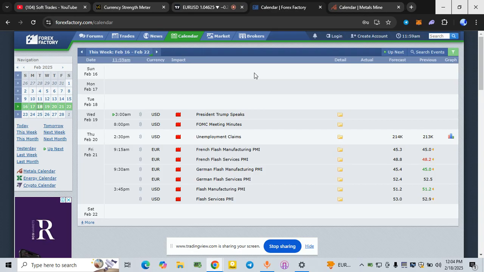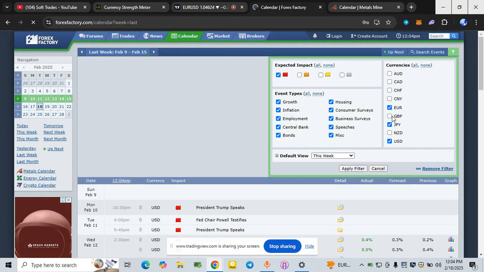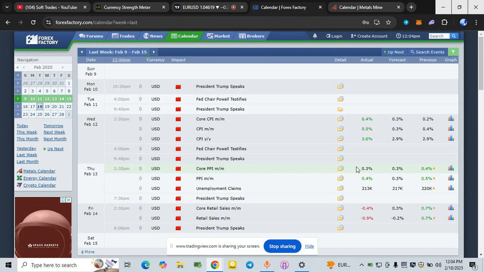You need to know what the fundamentals, especially from the previous week, actually did. So what you want to do once you get to Forex Factory is that you want to go to this area that says last week. Now, depending on the pair that you are trading, if you are trading mostly USD pairs, let's say for example you are trading EUR/USD and GBP/USD, I will actually suggest you just look at the USD data to see what the dollar index is doing, because obviously USD pairs are being controlled by the quote currency, which is USD. So now you can see that from last week we had a series of CPI, PPI,